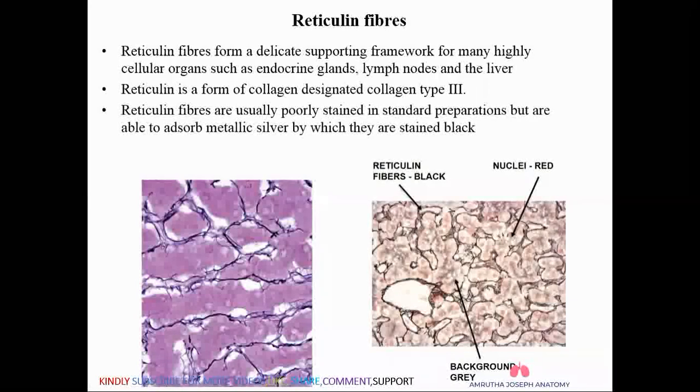So what is a negative particle in a cell? Nucleus. So hematoxylin can stain the nucleus, whereas eosin, which is supposed to be a negative stain, can stain positive structures, positively charged particles in a cell. So what is a positively charged particle in a cell? That is cytoplasm, cell membrane. So this is the difference between these two stains, hematoxylin and eosin stain.